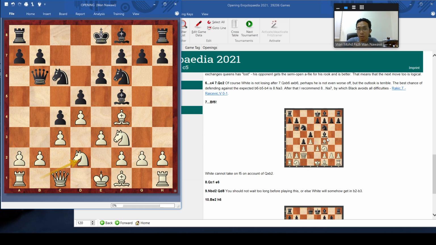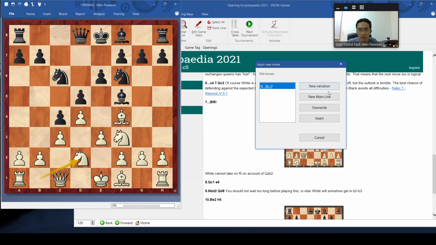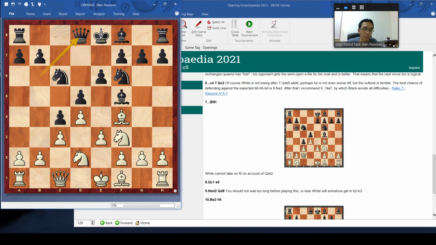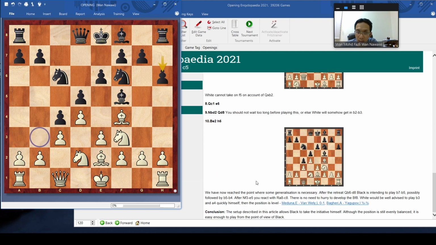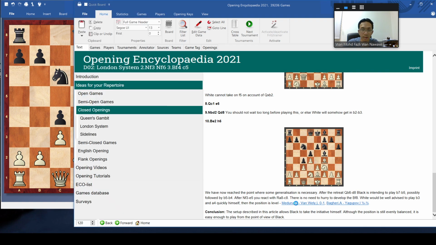So in order to cancel, the recommendation here is that the queen goes to d8. The reason is that if you play this, white can support by playing b7 to b5. And then if white doesn't want to do this, black plays bishop e2, and then black plays s6 in order to save this and so on. And then yeah, that's it. Of course, the details you can see in the game and so on. Let's see one game regarding this. Let's see this one Valley game.